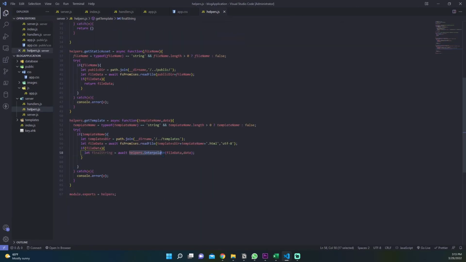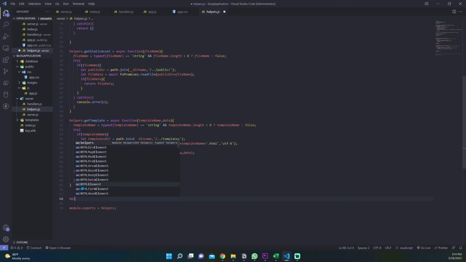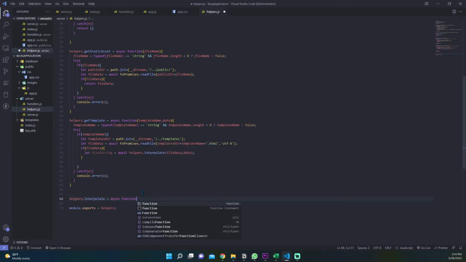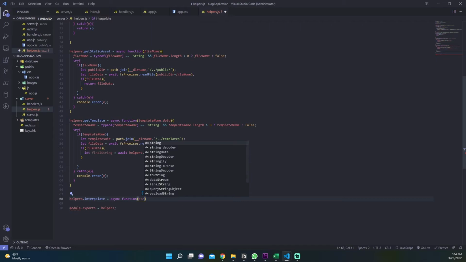This function does not exist yet, so we need to build it together. At the end of the file we can say helpers dot interpolate is equal to async function, okay, and here we need to pass our file data string and our data